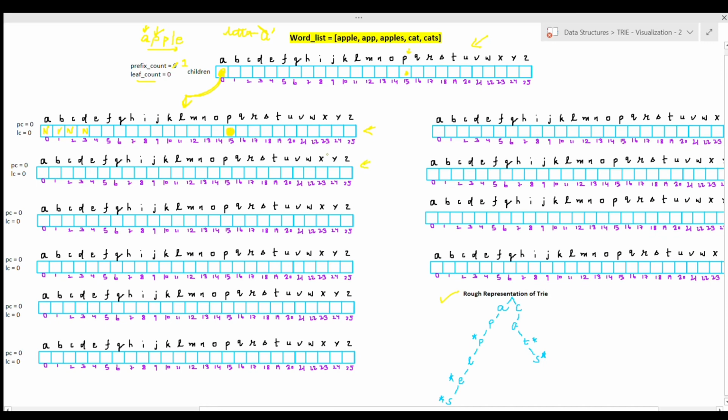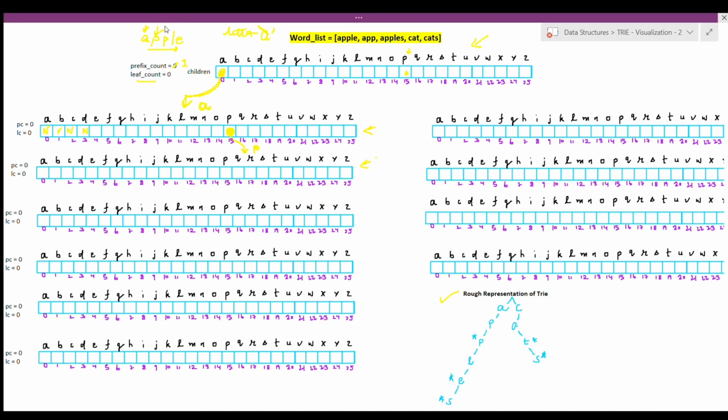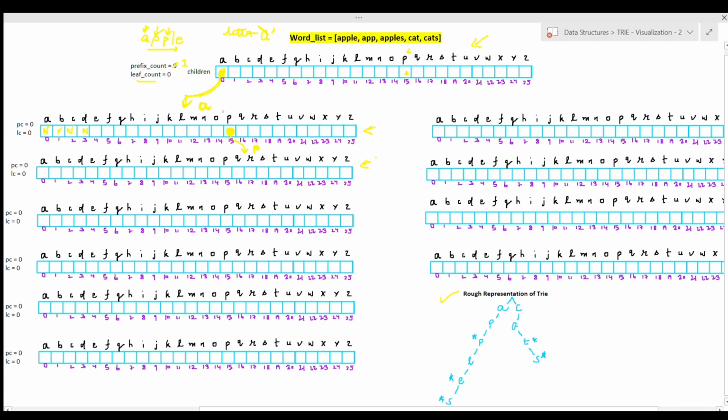So we'll be making the child node, and this will be created, and after creation we will be updating the address of the newly created child node and writing it here. So we can say that this represents A and this represents P. Now the third letter of the word apple is P. So we will look again for P here, that is on the 15th index of this children vector of this node.